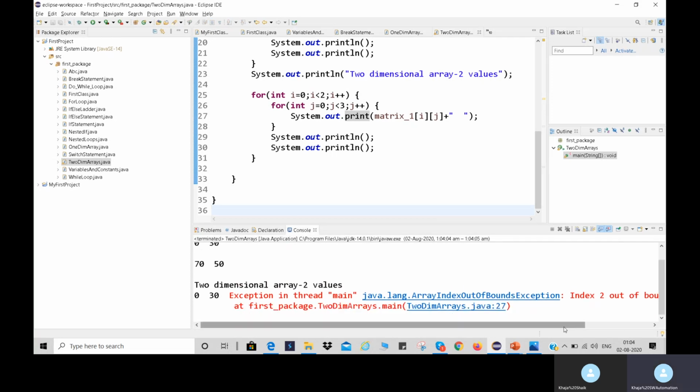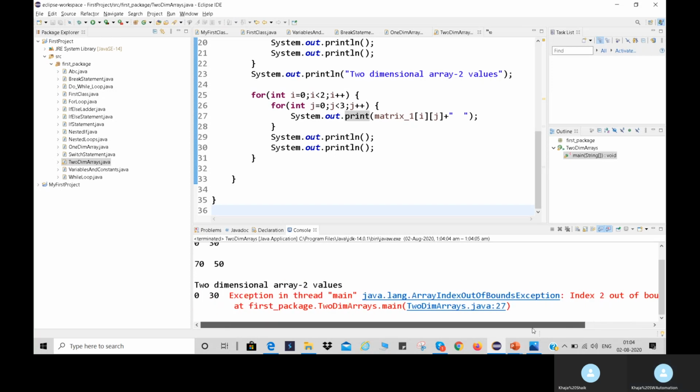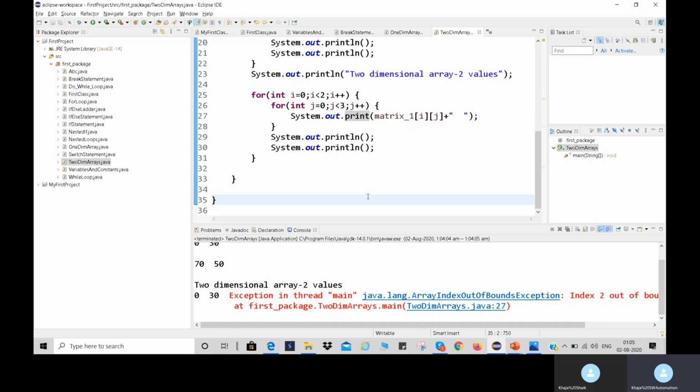Index 2 out of bounds for length 2 at the first package, two-dimensional array. So it has displayed 0 and 30. Oh, sorry. See, here I did not specify the correct array name, right? So the two-dimensional array name is 2, right?